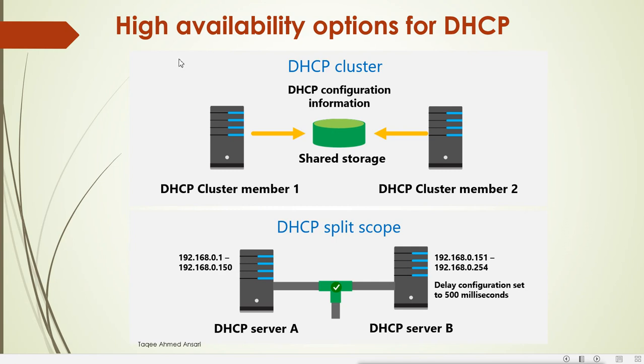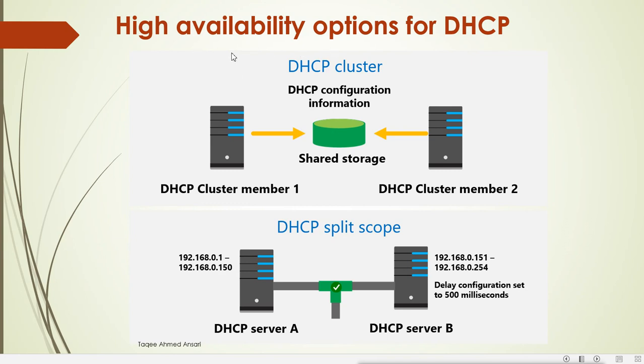Now we have a high availability option for DHCP also. For example, in a big network, DHCP is important because it gives IP addresses to machines. If the DHCP server is not available, the client will not get an IP address and will not be able to join the network. What happens? It will go for an APIPA address, and APIPA addresses are different from the normal network addresses you have. So the machines which do not get IP addresses will be disconnected. So we should make sure that the DHCP server is available every time.